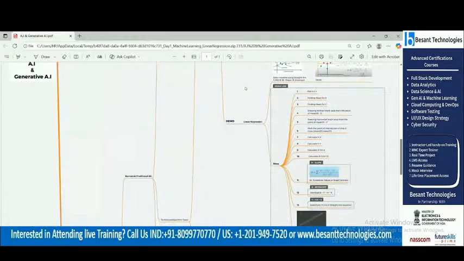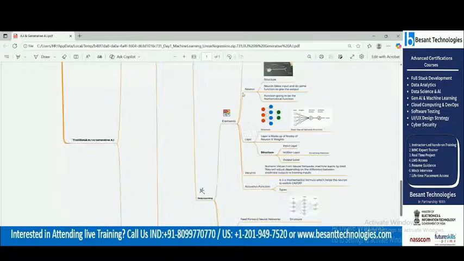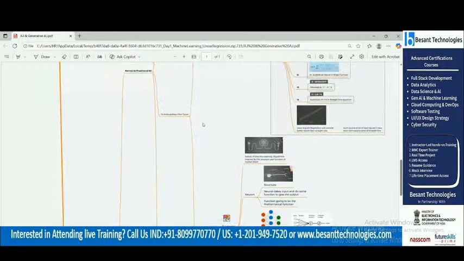Now, whenever you were doing this particular AI, that was called traditional AI. Technically that is called traditional AI. So our new AI, which is recently developed, is called generative AI. What is the difference between these two?